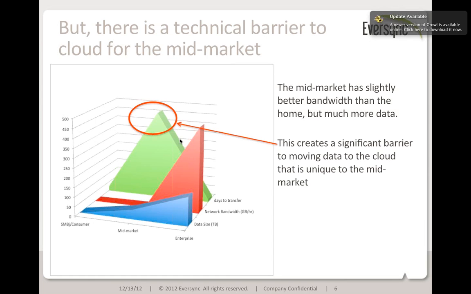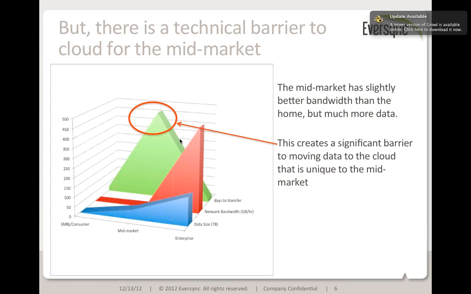Now let's go to the enterprise, where they clearly have huge amounts of data, anywhere from 100 terabytes to a petabyte of data. However, in the enterprise, we're looking at very high bandwidth to the internet. Most enterprises have dedicated dark fiber. They have 10 gigabits or 1 gigabit to the internet dedicated. They have the ability to manage those kind of direct connections, and they have the money for it. So actually, even though they have a lot more data, the amount of time it takes them to transfer that data, which is the green triangle in the back, is actually not very high.